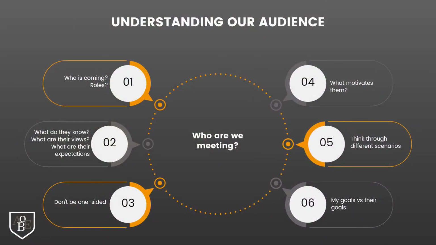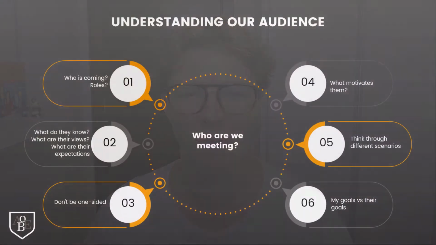So the first thing we need to look at is who is coming and what are their roles. So this is specifically based on a meeting, but understanding who will be attending the meeting or the presentation is super important. If it is a meeting, then what are their roles going to be? Obviously, this will depend on the type of meeting. If you're meeting external customers or potential customers, or you're meeting other people within your organization who you are trying to convince of something, or maybe you're meeting with the directors of departments, or even the boss of the company, or a company leader, and you're trying to influence them, then this is where this is really relevant, okay?